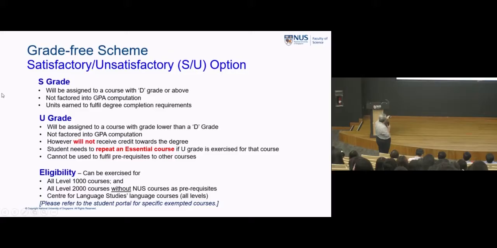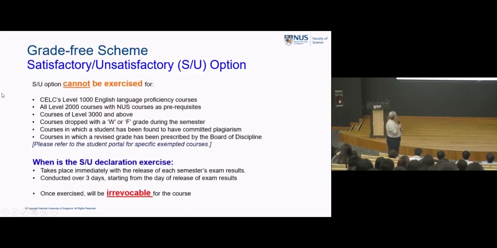However, if you fail it, there's nothing I can do. You fail it, you will just get a U. It's not going to still affect you that much. You just have to repeat it. However, you have to understand the SU is not for every course. Mostly those that are 1,000, you can SU. Or if they are 2,000 but they don't have a prerequisite, you can SU. Those that are 2,000 but has an earlier prerequisite, those you cannot SU. Okay?